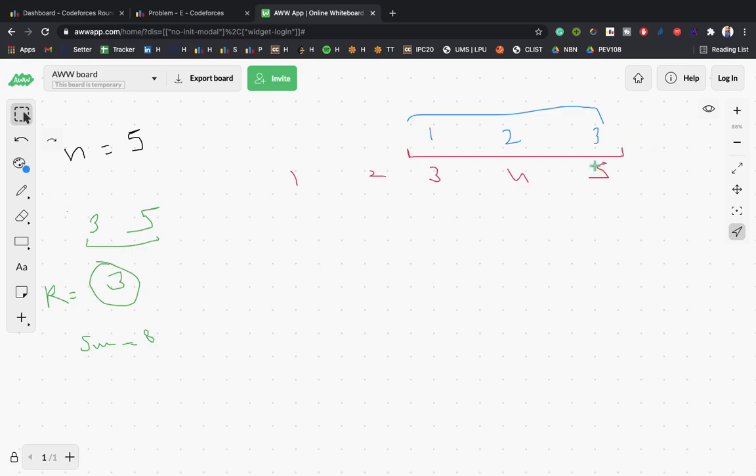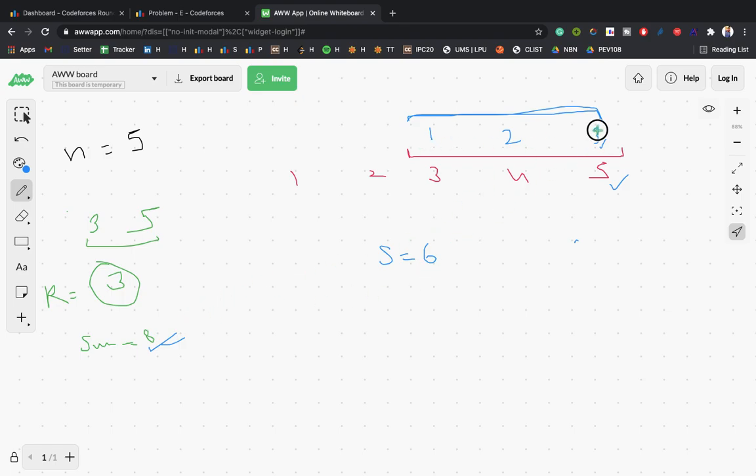So next, what I did is, the sum is 8, so what I will do is I will increase 3 till then. First I will store this sum, which is 6. Now the sum is 6 till now of the range, and the required sum is 8, and I will increase 3 till then. 3 is less than 5 because the permutation can't exceed 5, and the sum is lesser than 8.